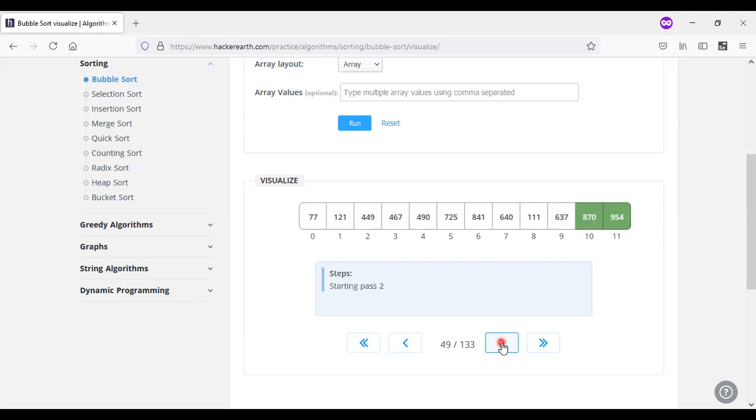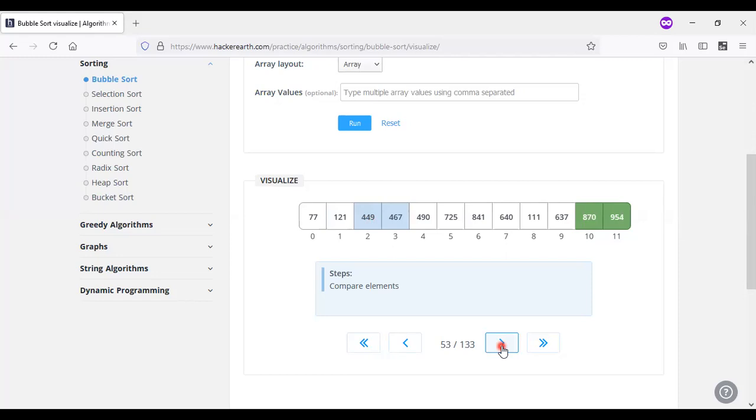So it will be marked as a sorted element. And coming to the next one, the second pass. The first pass has been done and coming to the second pass, we need to compare the elements here. For each and every pass we are comparing the elements repeatedly. So here also we are comparing these two. Here we will leave 77 and 121, meaning not to be compared or swapped, and we will take 449 as the element here.